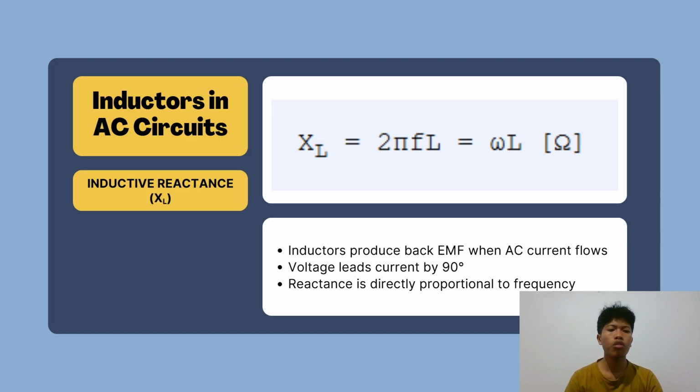Impedance is one of the most important concepts in AC circuits. Impedance, denoted Z, is the total opposition to current flow in an AC circuit. It is the combination of resistance R with reactance, either inductive XL or capacitive XC. The basic formula is simply Z equals U divided by I. And next is